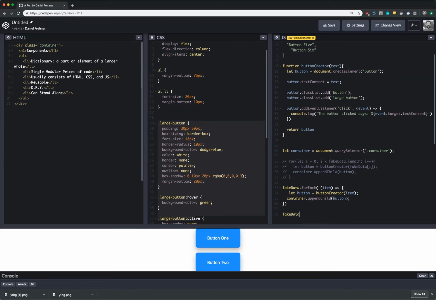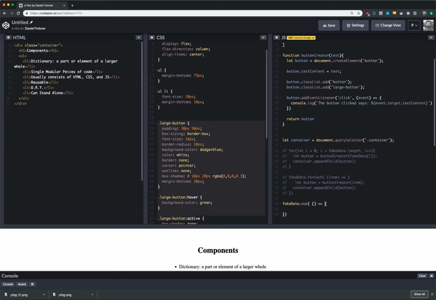So fakeData.map, and I'm going to comment this out as well. Now, forEach is really good if we just want to iterate over the data and we want to add that to our DOM right away, right? It's fantastic, but it's instant, so it instantly adds the item to the DOM. Map, on the other hand, if you'll remember back, takes a very similar callback pattern to forEach, but what map does is it is going to return a new array